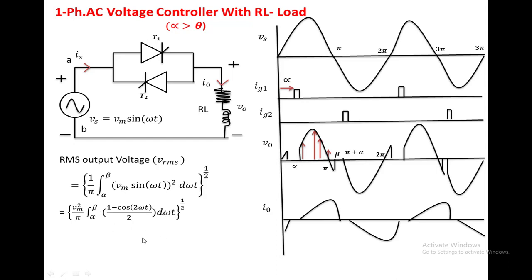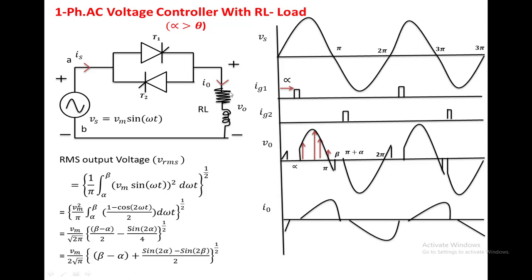Now we complete this integration. We are getting Vm by root 2 pi times beta minus alpha by 2 minus sin 2 alpha by 4, power 1 by 2. Take 2 common here. So finally we are getting Vm by 2 root pi times beta minus alpha plus sin 2 alpha minus sin 2 beta by 2. So by using this formula you can calculate the RMS output voltage of an AC voltage